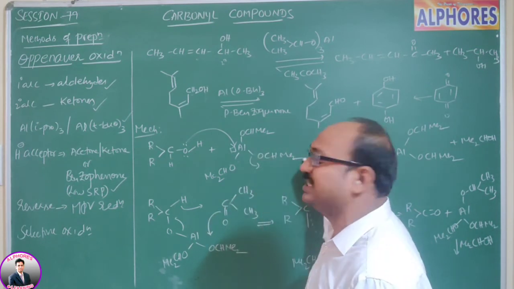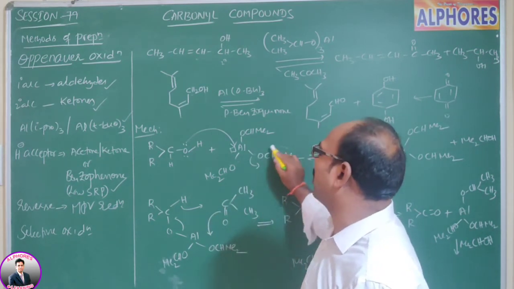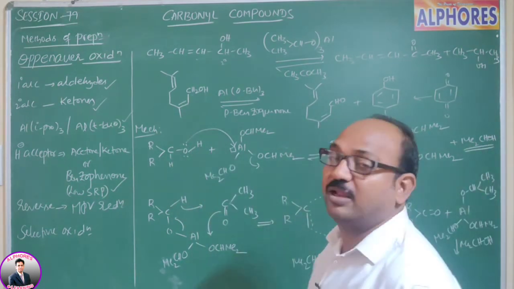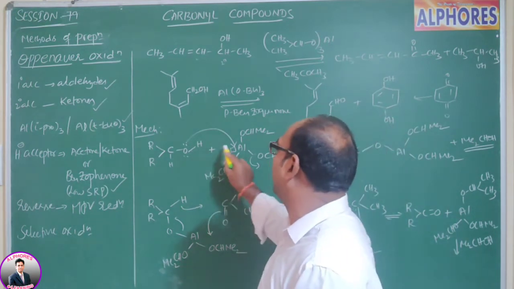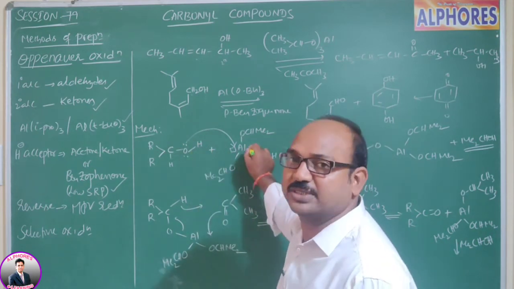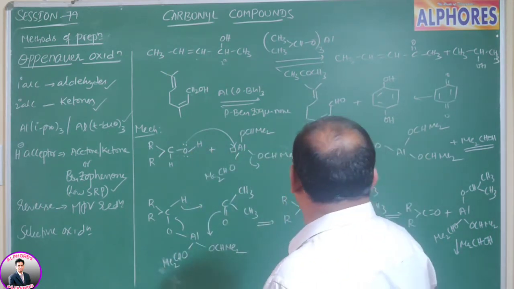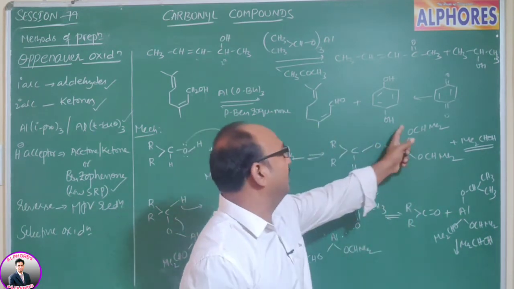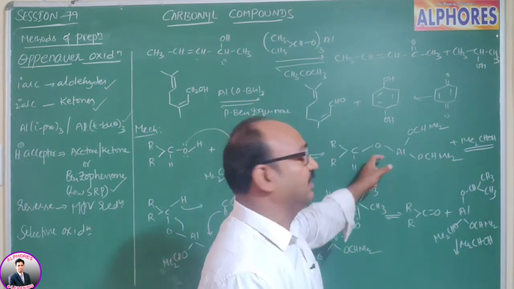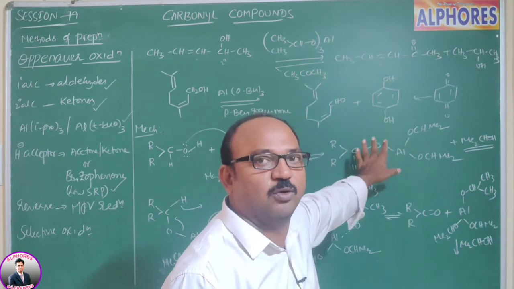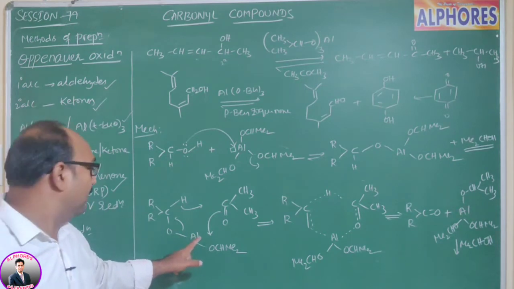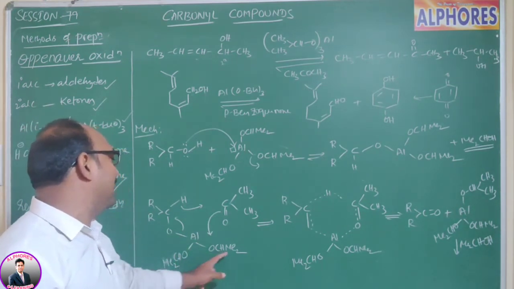Here OCHMe2 comes out, which means the isopropoxide ion abstracts this hydrogen and converts into isopropyl alcohol. Now what remains is the newly formed bond between the alcohol which undergoes oxidation, and oxygen and aluminum. The other two isopropoxy groups also remain. I am explaining with only one group, and I am going to write this as R2CO-Al, with aluminum attached to two isopropoxy groups.